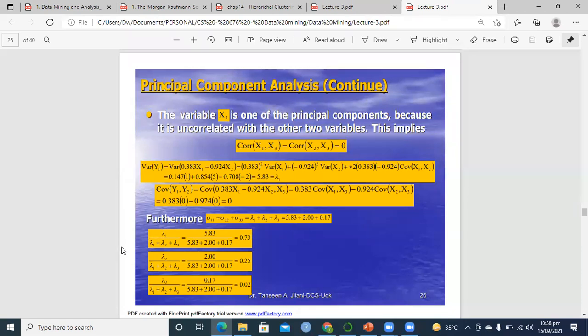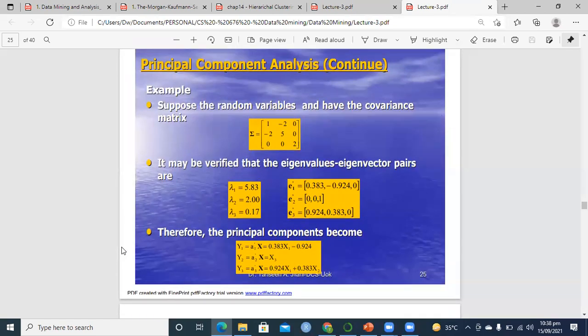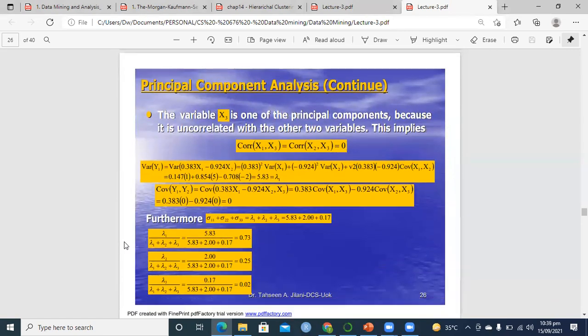By rule, principal components are ordered. So the first principal component is the one which is most important. The second principal component is the second most important. The third principal component is the third most important. But because we want to do data reduction, we do it like this. This is called relative change or relative variation. Percentage of that is the percentage of explained variation.